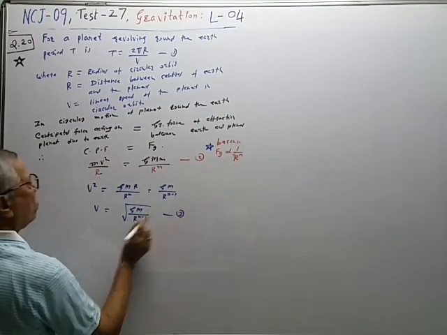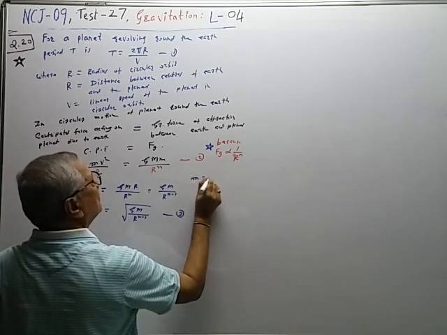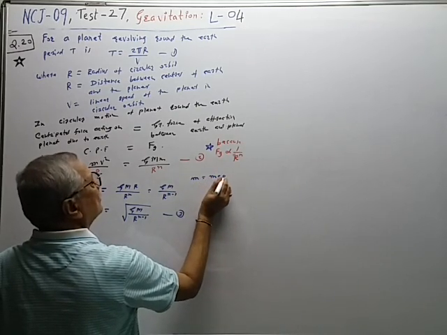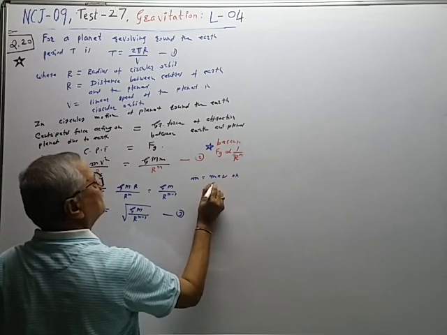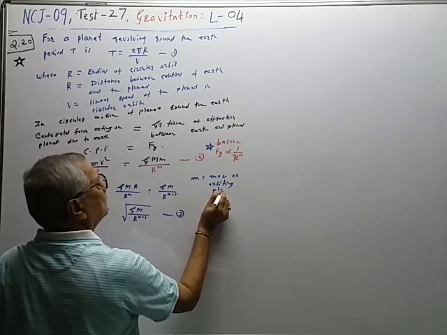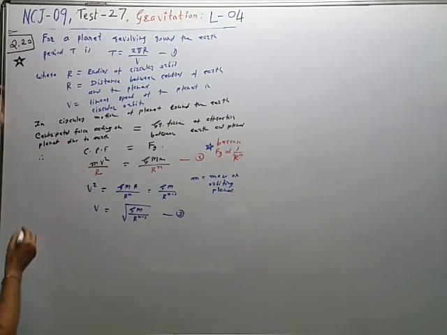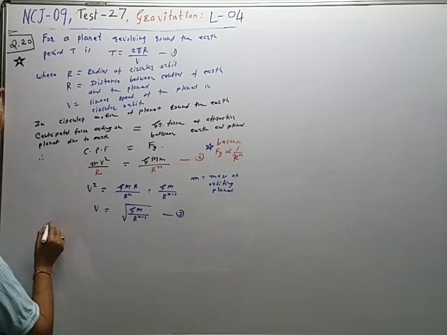This is equation 3. So in this case M is equal to the mass of the orbiting planet. V is equal to,